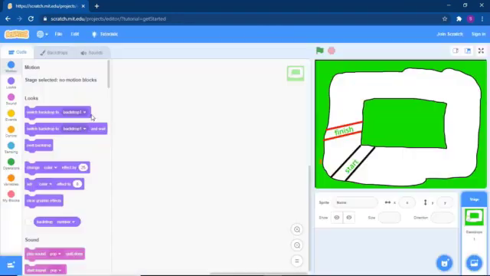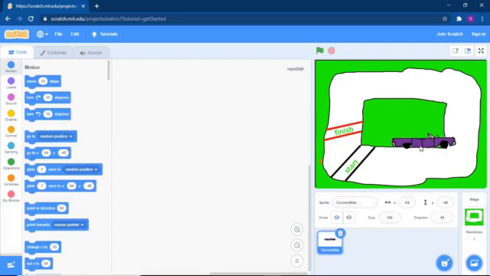These are already loaded in the sprite library. But look at this car. This car is very big. I don't need it this big in size, so I will make it a little bit small. The size will be 40, and you want to keep it here, at the starting point. Our point is x is minus 107, y is minus 146, and this is done.